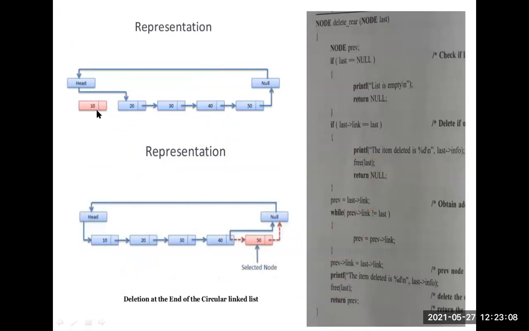Okay, clear? After deleting, this address is stored here in last. So last of link contains the first node address. That address is stored in some variable first. So here first of link is this address. So I store this address into the last of link and return last as the first node.